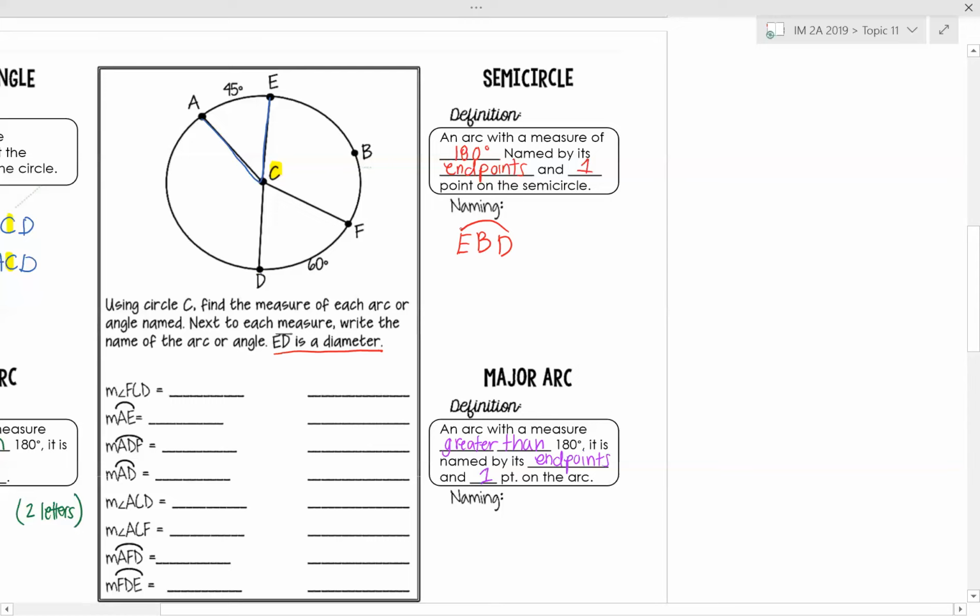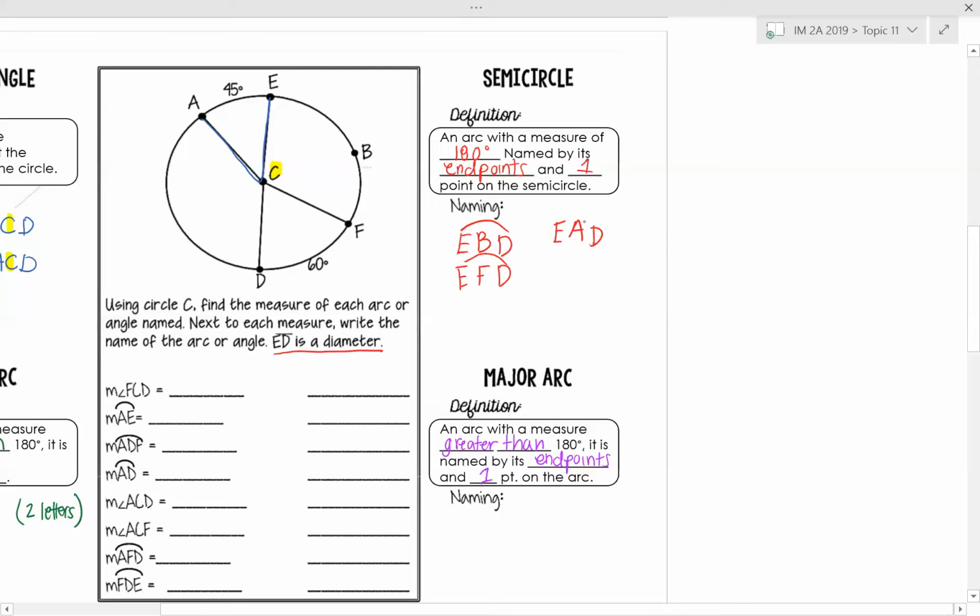I could use the F. I don't have to use the B. The B I use because it's just kind of hanging out there. I couldn't use it as an endpoint. It's not an endpoint. I could call it E, F, D, and those are referring to the same arc. Notice that I could change this and I could do E,